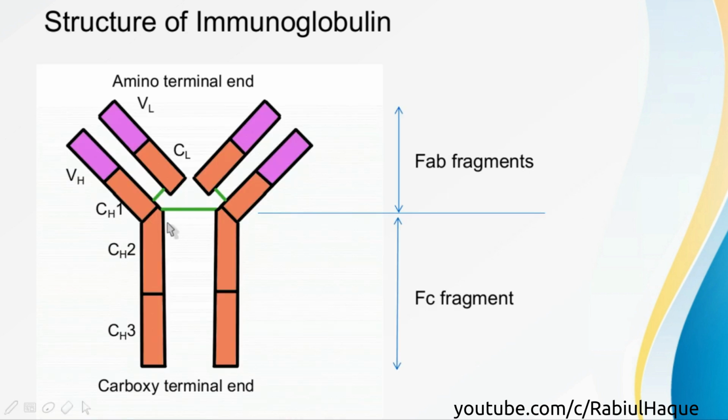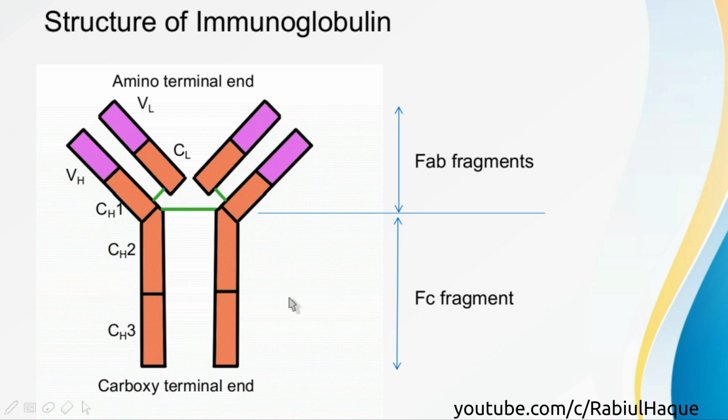So in this image, this is the hinge region of the immunoglobulin, and it is rich in proline and it provides flexibility to the immunoglobulin. Now, if this immunoglobulin was treated with proteolytic enzyme papain, that will break down bonds in this hinge region. As a result, the immunoglobulin molecule will be broken down into 3 fragments. 2 will be identical FAB fragments. So this will be one FAB fragment, and this will be another FAB fragment,